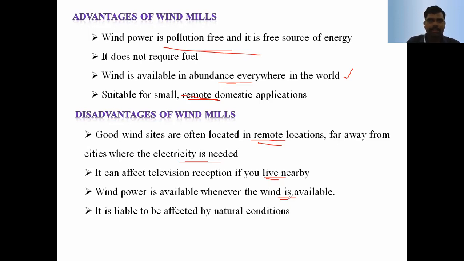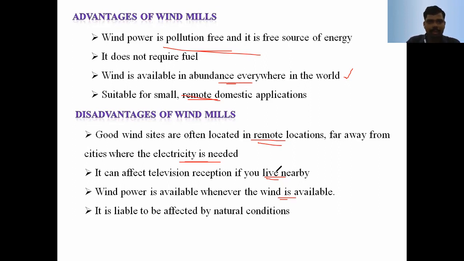And it needs big open space land. That is, we are choosing areas such as the seashore area, that is the middle of the sea or the end of the seashore area, and highways and roadways, because in those particular places the wind velocity is more and the structure is tall. The structure is tall in the horizontal axis wind turbine.